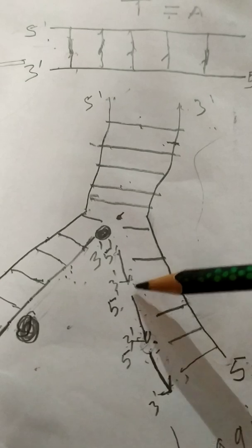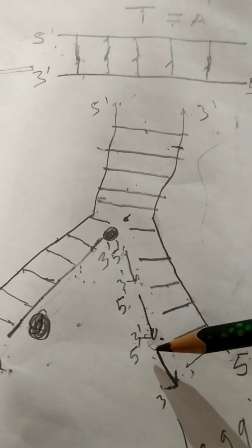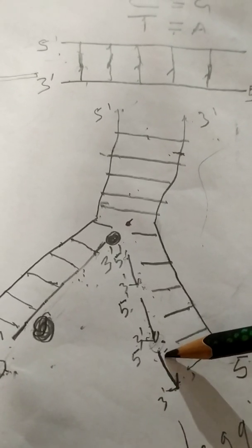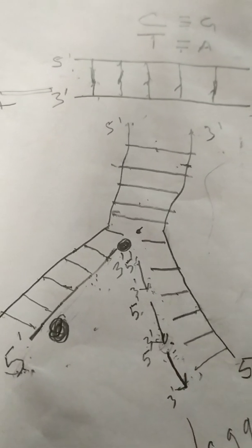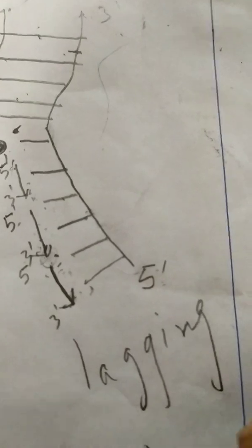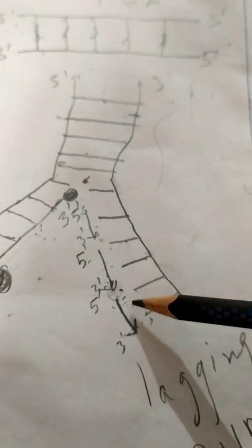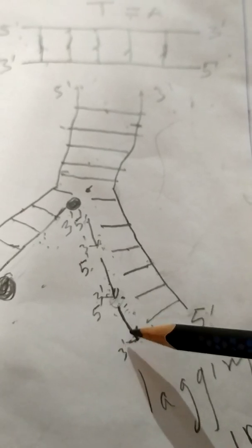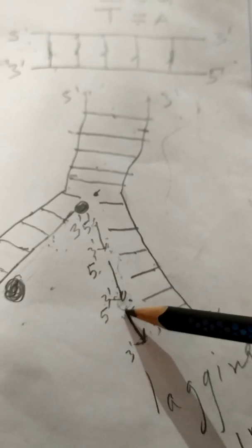To synthesize these fragments, the process is quite different, as they need one primer, that means a starter. The starter will be RNA. I am talking about this lagging strand. Before forming these fragmented strands, some small fragment